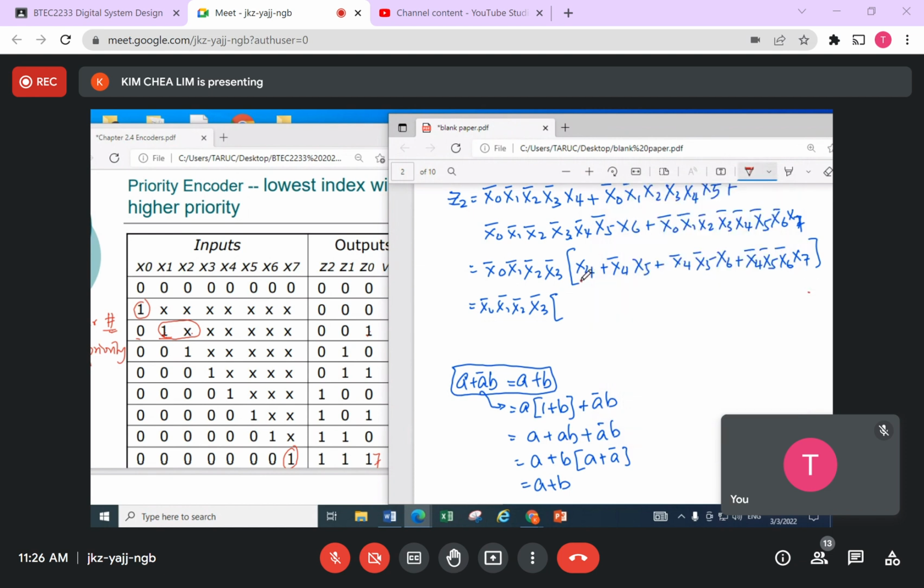I take this one same as my A. Okay, this is the same as my B. Okay, of course, this is my A bar. So the result you are going to obtain here is x4 plus x5. Based on this, once I got this x5 already, now